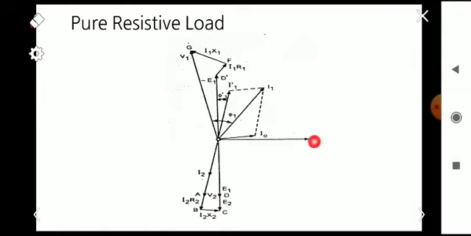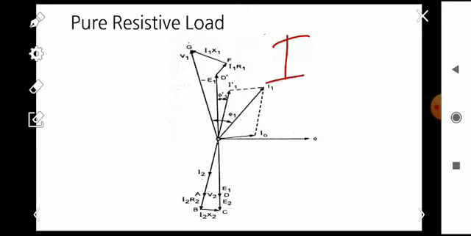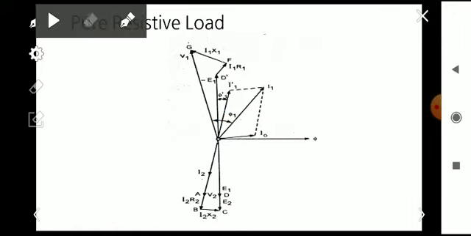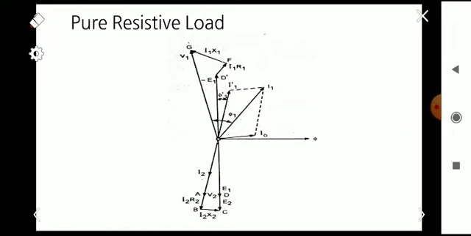We know that the flux phi is drawn along the x-axis, and after that we will draw the no load current I0. Actually, I0 is the phasor sum of the magnetizing current Im and IE, but here we are not marking Im along the flux phi and IE along the y-axis. Instead we are just marking I0 with an angle of around 85 to 95 degrees from the y-axis, that is from this minus E1. We will draw this I0,